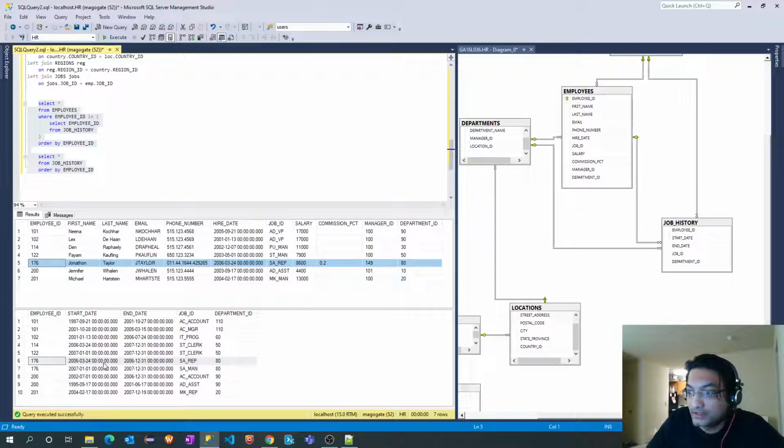24th of March, which is same. Job ID is same, and department ID is 80. Okay, so looks like what I'm thinking is this particular employee might have terminated or left the organization. That might be the case. That's why this record in employees table and job history table is same, and this record in job history table